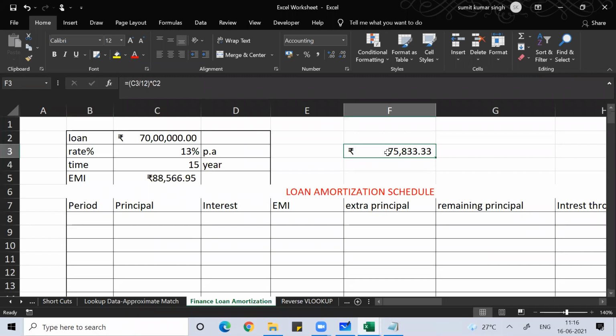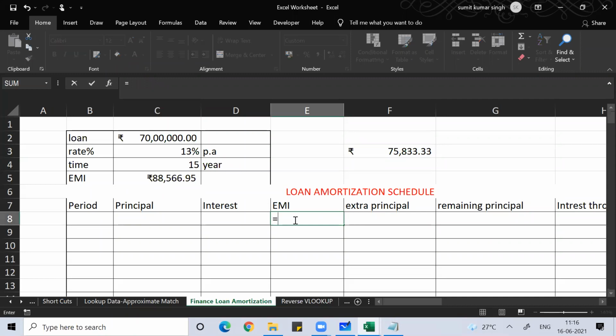If you simply pay this 75,833 every month, then at the end of the day you have to give me the 70 lakh rupees loan value. We don't work like this in our financial market. So we pay something more than your interest, which we call EMI.